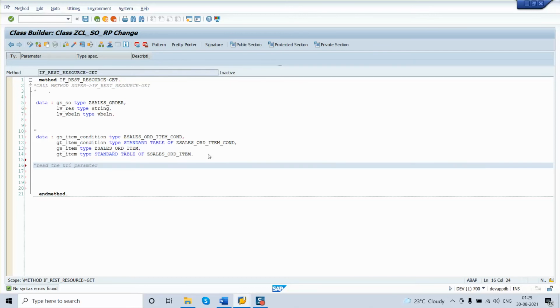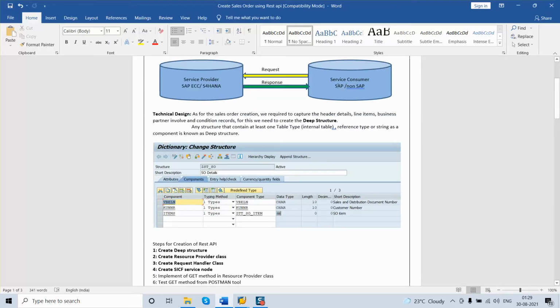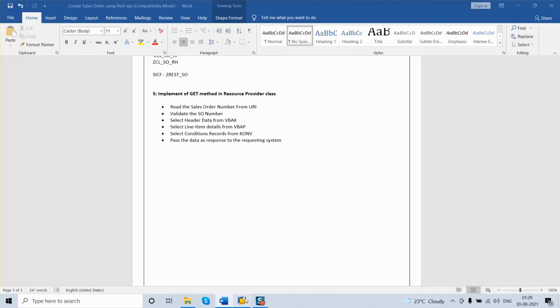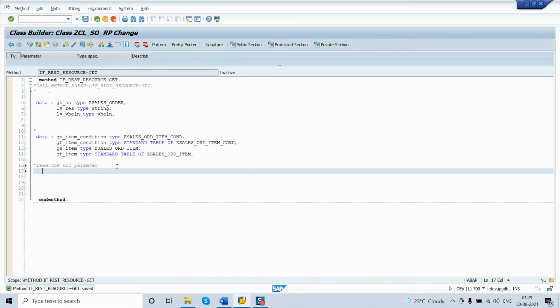When the requesting system, the service consumer, passes the request for the get method, they will pass the sales order number. So in the read block, we have to read the content of the parameter. How to write logic for that? My LV_VBELN, that is sales order number, equal to